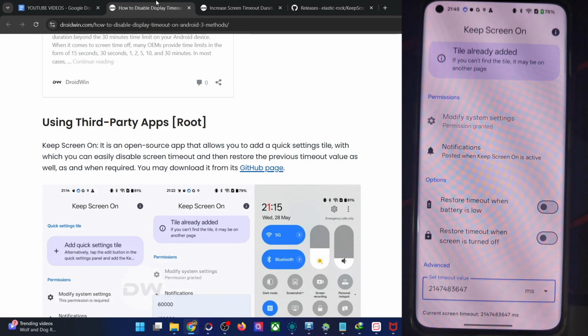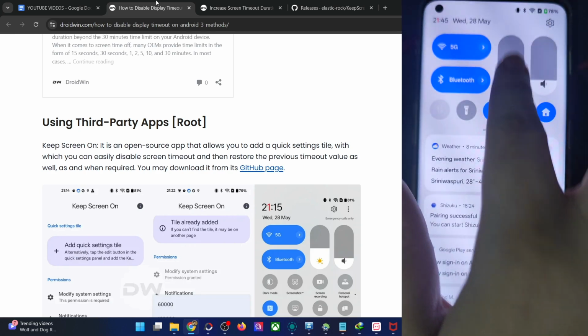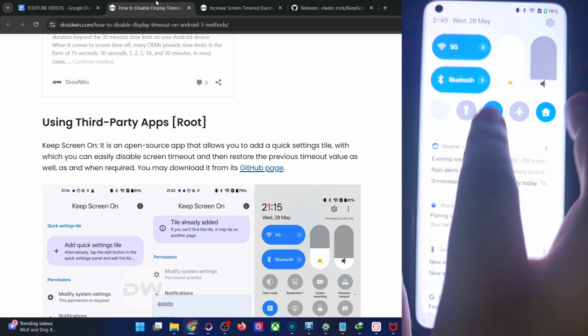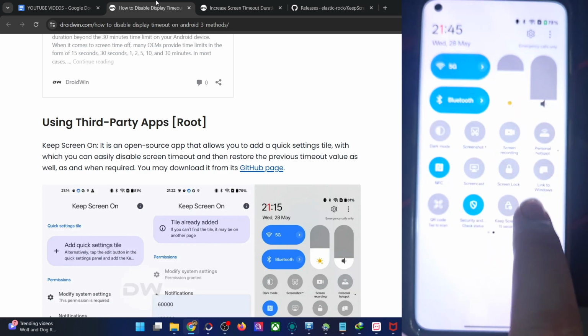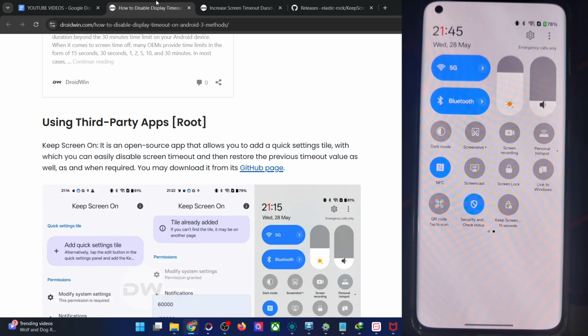which signifies that it will not turn off whatsoever because it's quite a large time frame. So simply tap on this tile and get the job done from here. It's quite easy, as I've shown you. Just tap on the tile once and get the job done. Again tap on it to turn off the feature, then tap on it once again and it's now on, and the screen will never go off.